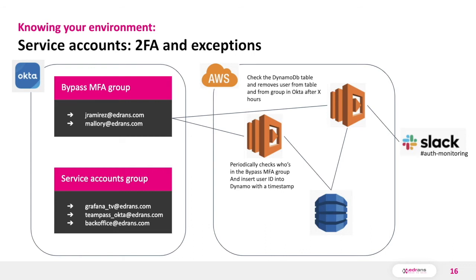And for the potential forgetting about removing the user from that group, we created a solution with some Lambda functions and a DynamoDB table that automatically removes users from this group after several hours and notifies via Slack. If the user needs to be added again for more time for any reason, he must be added by hand. This way, there's no possibility of that user remaining in that group, creating a potential security issue.